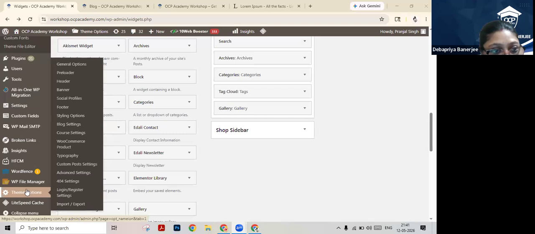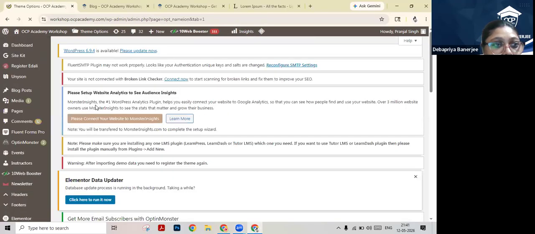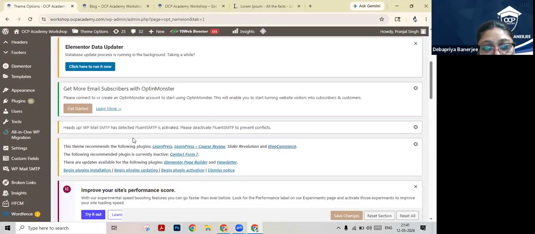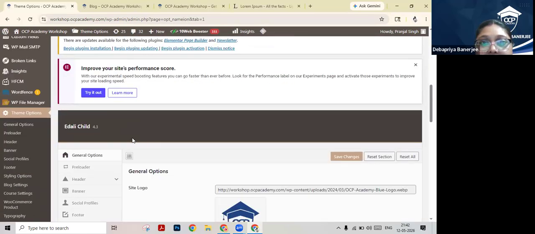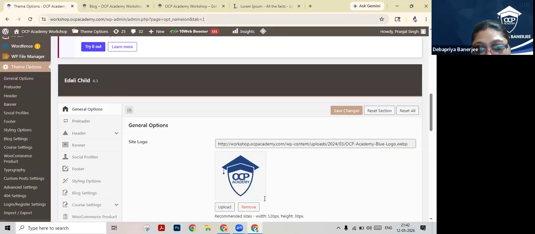E-commerce तो added था. यहाँ पे आई हैव कम टू द जनरल ऑप्शंस. अच्छा, थीम ऑप्शंस में आके जनरल में आया.